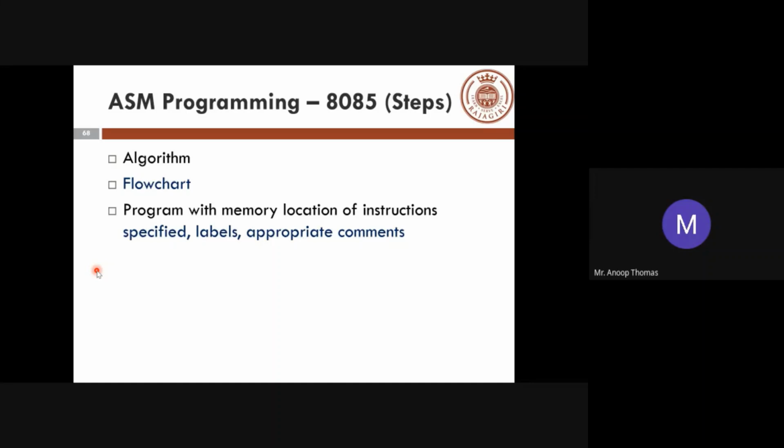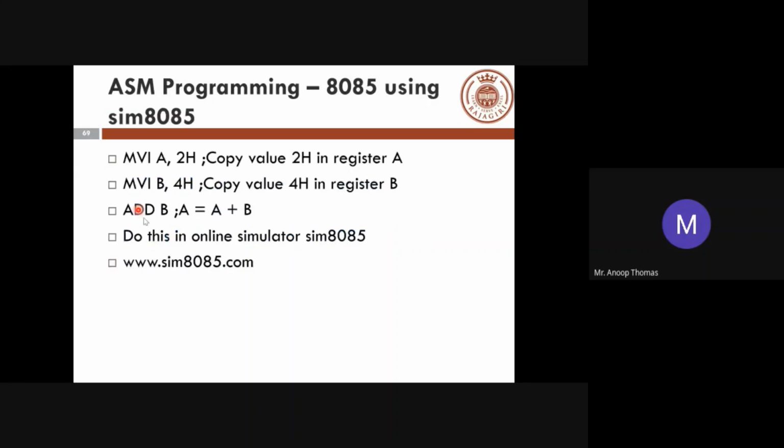The algorithm and flowchart will try to make other people understand what this particular program is doing. Writing a program, writing one's mind, is good, but if you are not able to convey that information to some other person, that doesn't serve the purpose. Okay, so let's see how this will be. We have already seen a program like this, which you have done in the previous class.